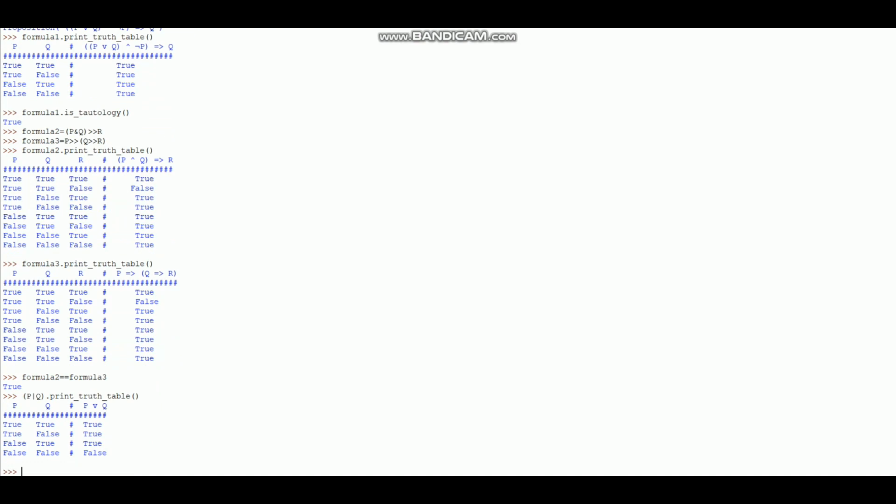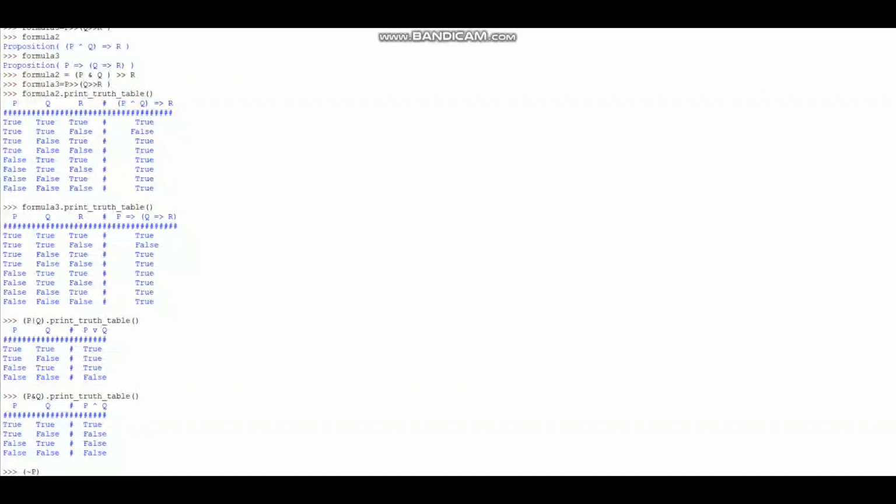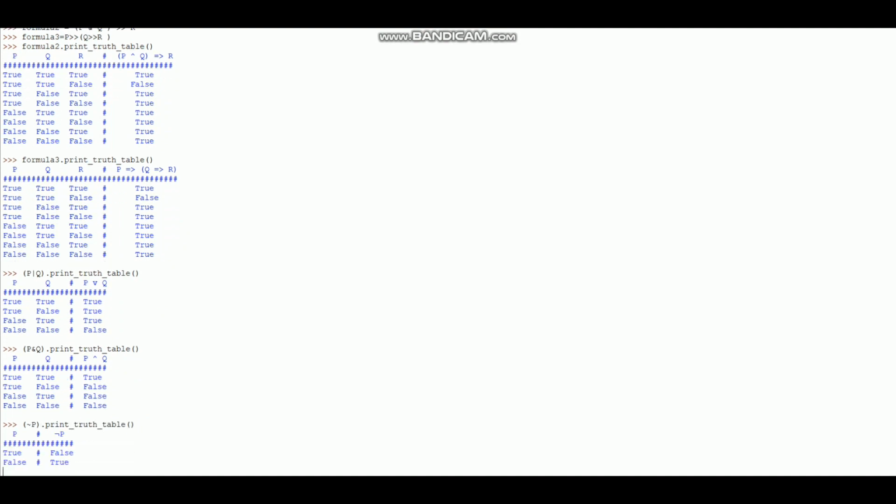Here, and of another function p and q dot print truth table. Here we can see the truth table of not p